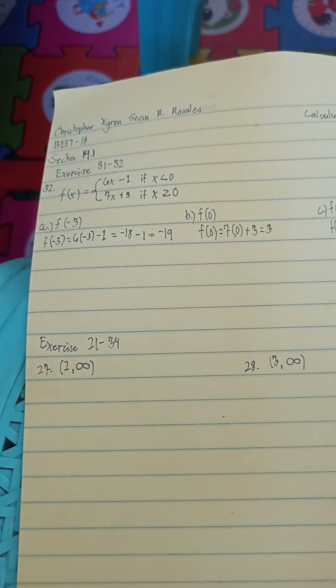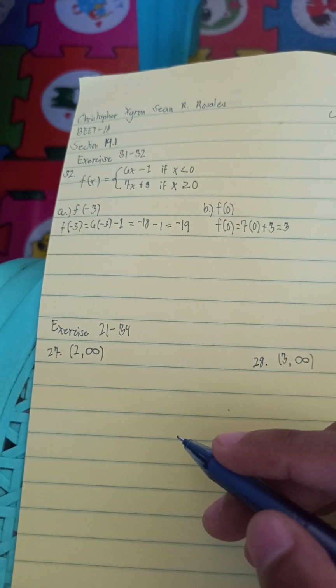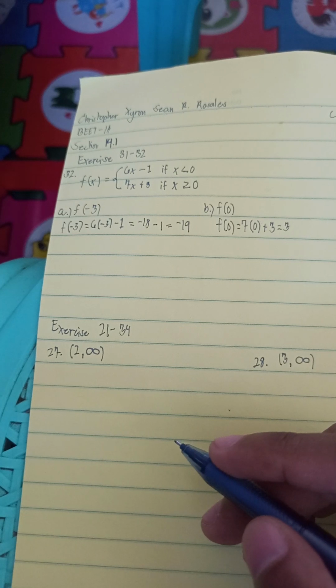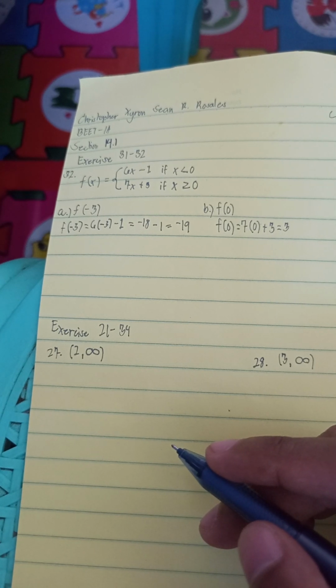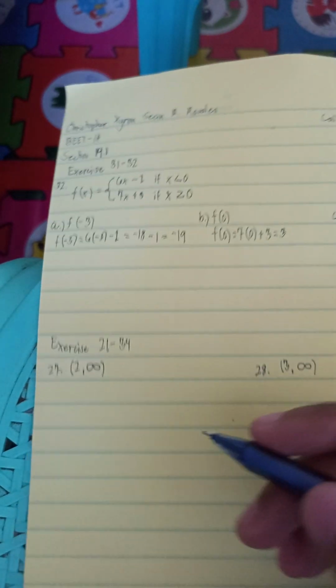The problem asks to express the interval 2 to infinity in set builder notation and graph it on a number line. The interval 2 to infinity represents all real numbers greater than 2, not including 2. In set builder notation, this is